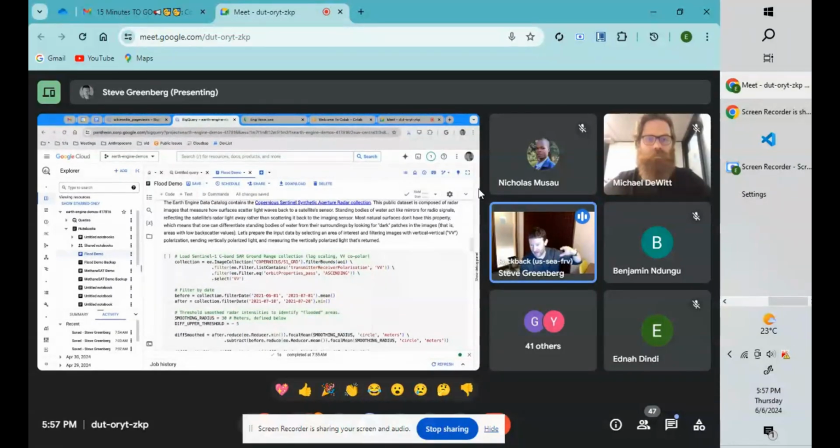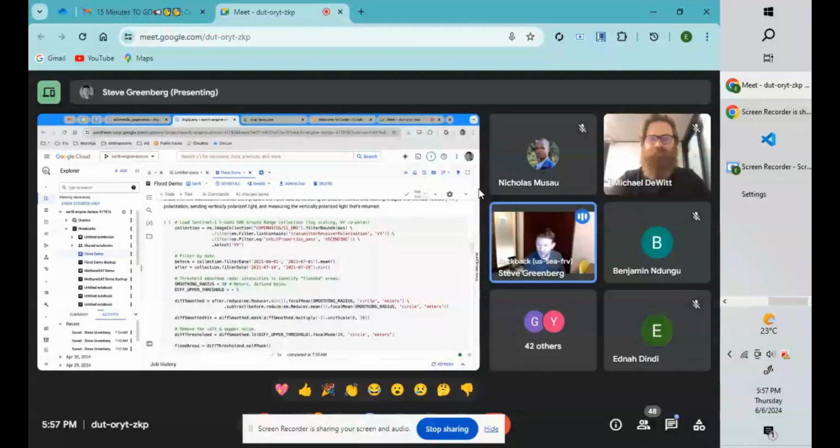That's a very layman's explanation, and I bet most of you in the room here can actually explain that better than I can. But if this code looks familiar, it's by design. We've tried to make the Python interface to Earth Engine as similar to the JavaScript interface as possible. We're loading in the Sentinel-1